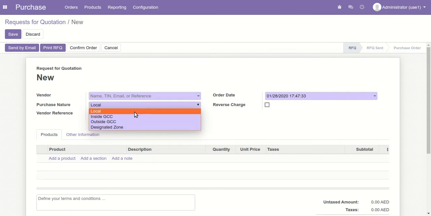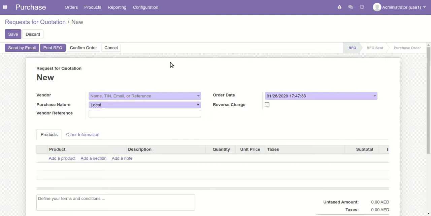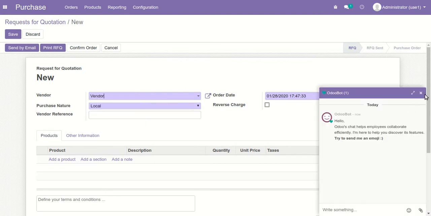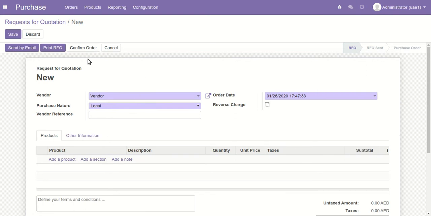Based on this nature, in the UAE they show the purchase and the sales in their reporting, like VAT statement and VAT 201 statement reports. For that, first we create a vendor here. And we set the purchase nature of this quotation as local, meaning we are purchasing these goods from a local vendor.